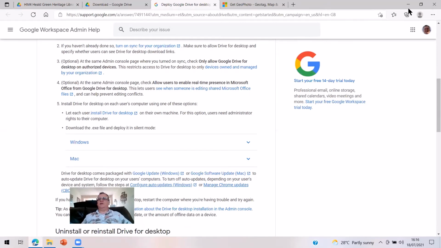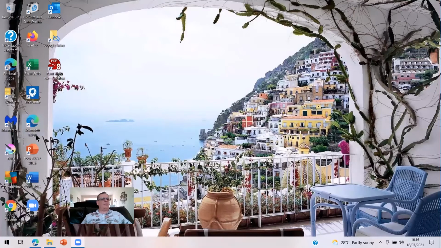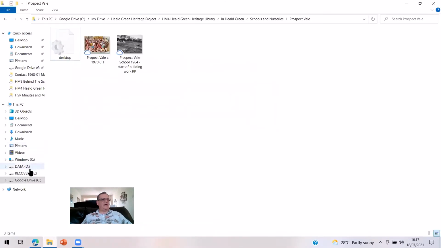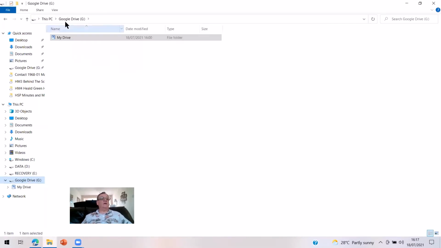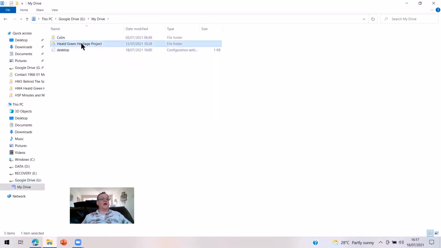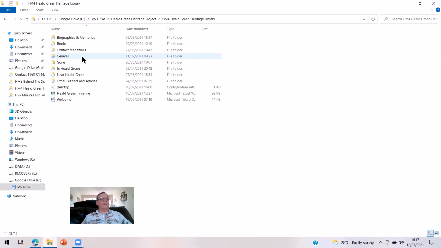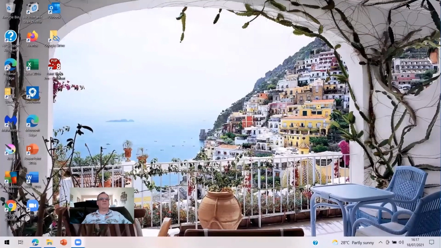And what it does, I can't really explain that properly, however, what happens is then if you go into your file explorer on your PC, it's added your Google Drive as if it's an extra drive on your PC. So in my case, it's added it as the G drive. And then you can click on here and look at things on this drive just as you were over the web. But the advantage then is you can use this second piece of software, Geophoto, or other pieces of software